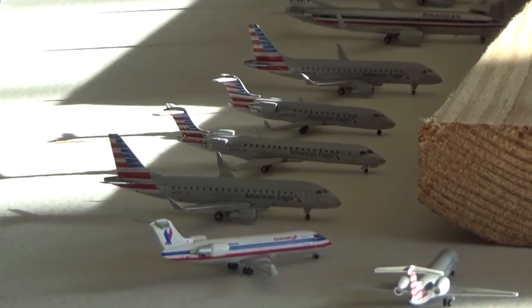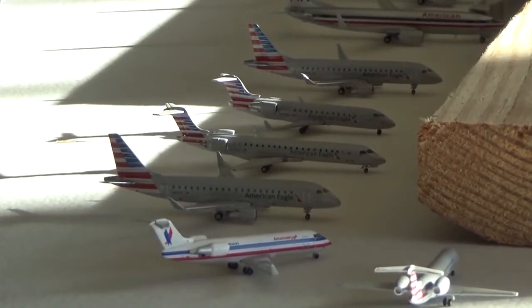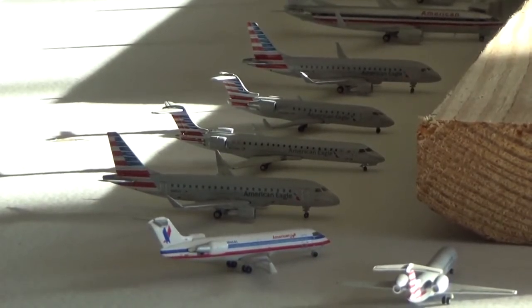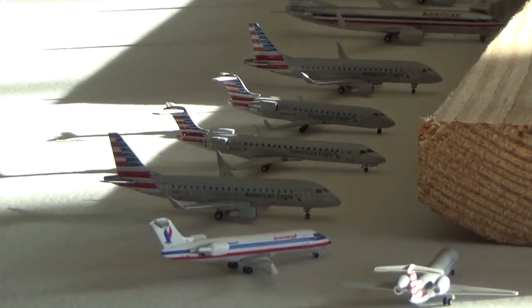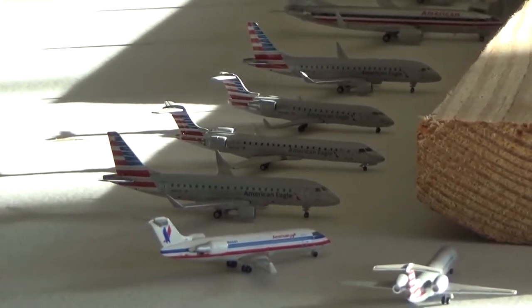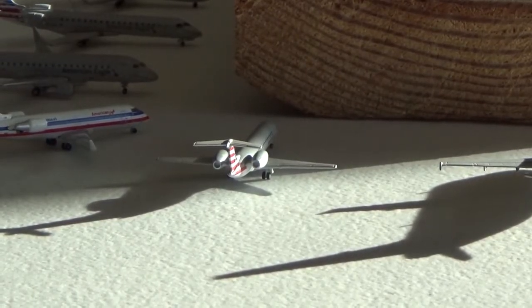CRJ 700 making a flight out to Midland after arrival from Columbia. Embraer 175 making a flight out to, scroll back up some, Lexington after arrival from Fargo. CRJ 200 making a flight out to Turin after arrival from Flagstaff. So that was a really long flight. Yeah, the CRJ 200 can't make it. I'm sorry, just trying to get some new flights. Embraer 145 heading out to Albany after arrival from,